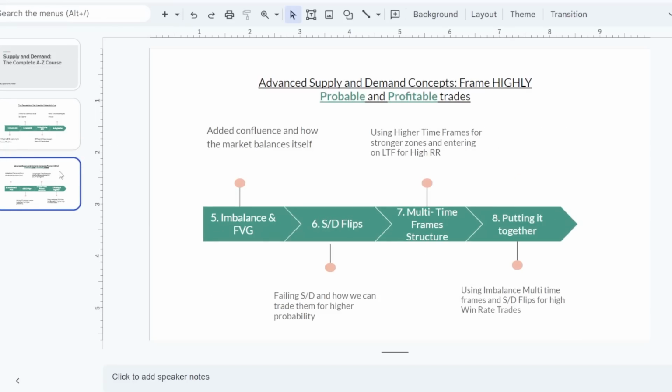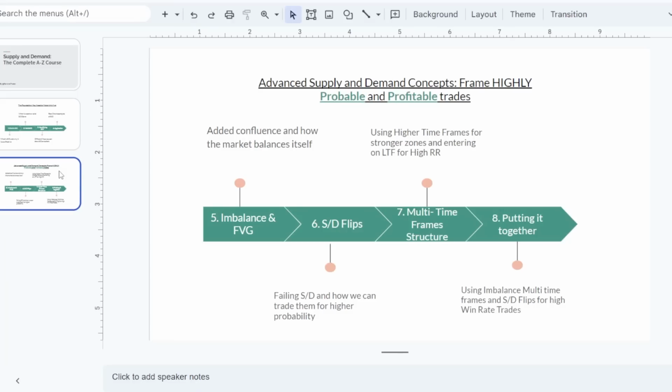Then we're going to go on to the advanced stuff, and this is where it gets juicy, guys. You really need to be paying attention at this point, especially, but also before this. Number 5, we're going to be looking at imbalances and fair value gaps. This is where ICT and supply and demand trading sort of overlap as well. But again, guys, it's all the same thing. You're trading liquidity at the end of the day, so just bear that in mind. These added confluences of imbalance and fair value gap are very important, and we're going to go through that